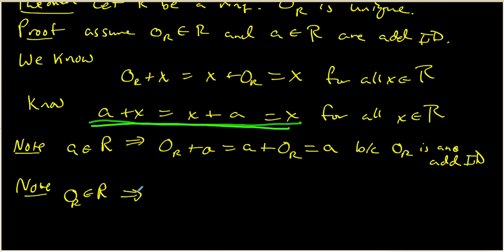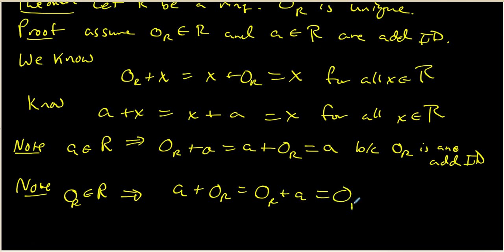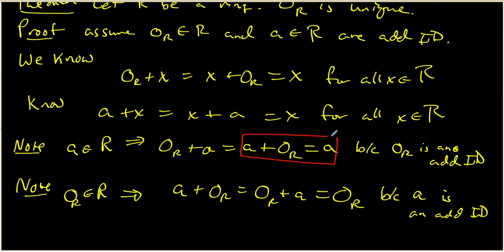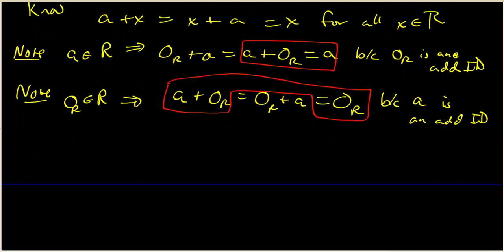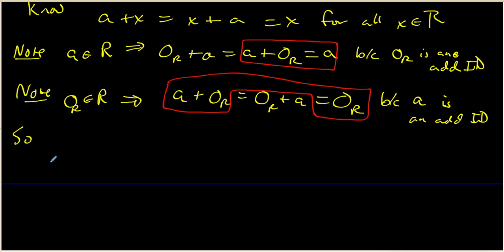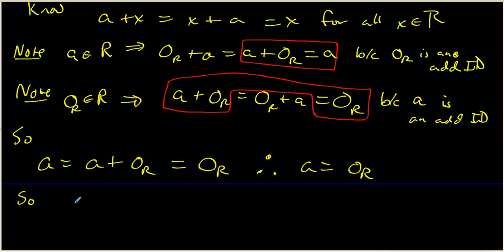So the fact that 0 is in R says that A plus 0 is equal to 0 plus A, and both of those are equal to 0, and this is because A is an additive identity element inside my ring. Now what I want to notice is that we've got A is equal to A plus 0, but we also have A plus 0 is equal to 0. Using those two boxed-in statements, we get the following important fact. A is equal to A plus 0, but A plus 0 is also equal to 0. So by transitivity, we know that A and 0 are the same thing, and that's enough to say that the